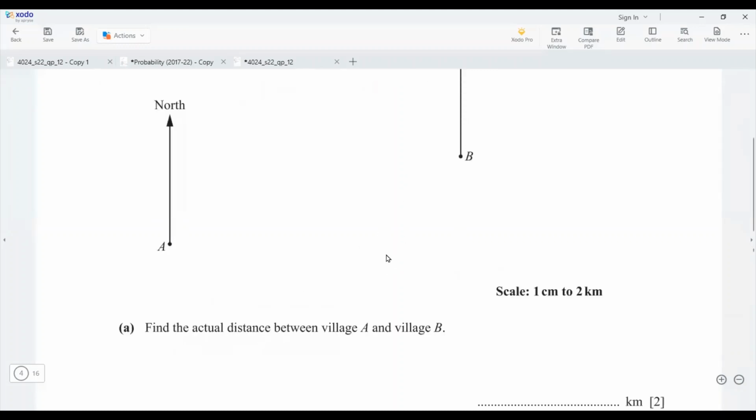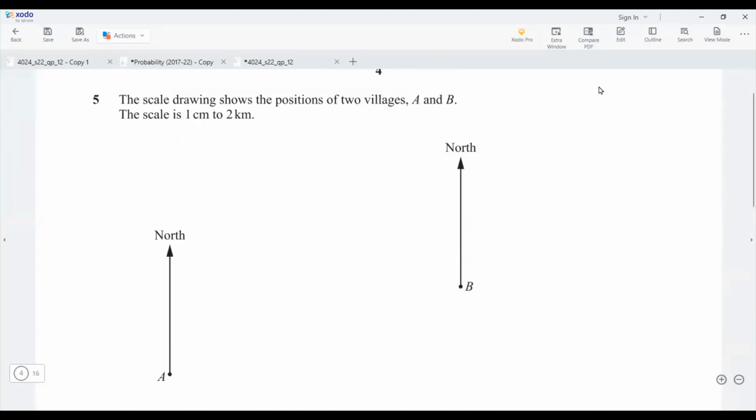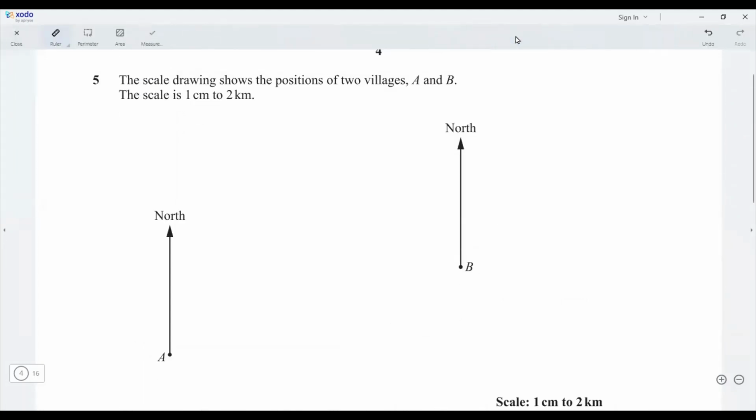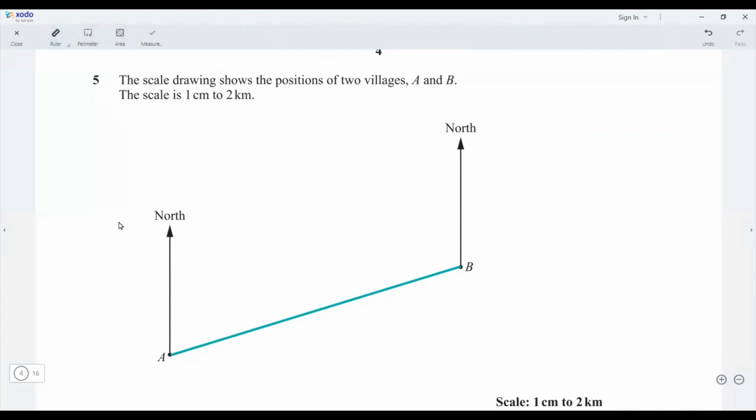What's being asked is the actual distance of village A from village B. In order to find this, we have to join these 2 points with a line